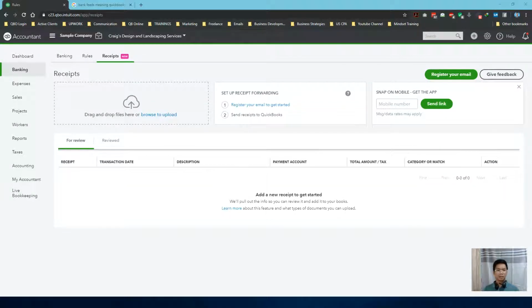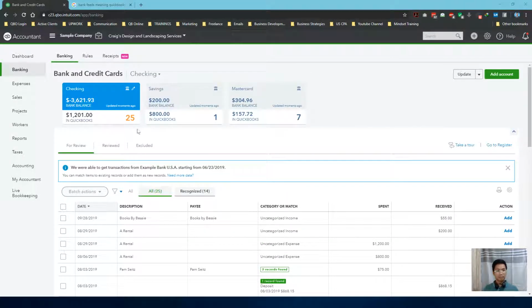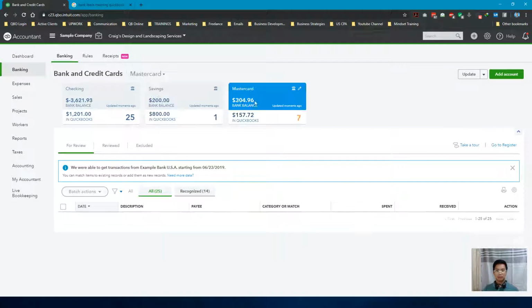There's another section called receipts, and you can upload receipts here and either add it as a new expense entry, or you can match it to an existing one inside QBO. As you can see here on the banking tab, you can see your connected bank accounts and credit card here,